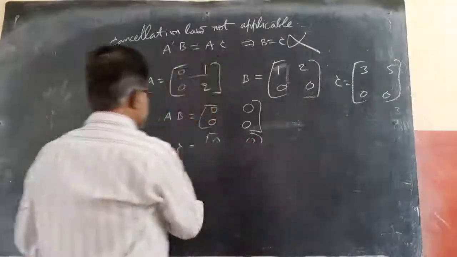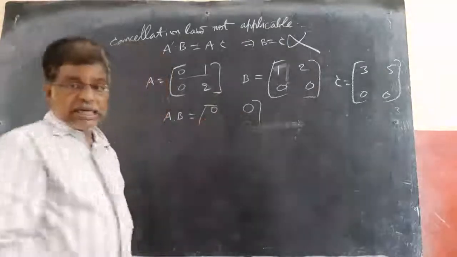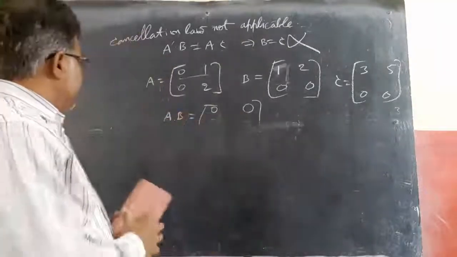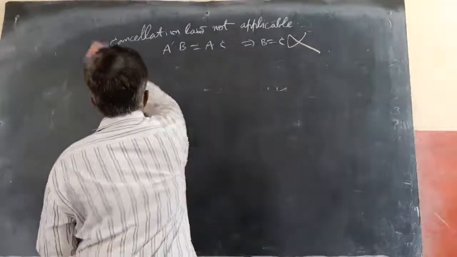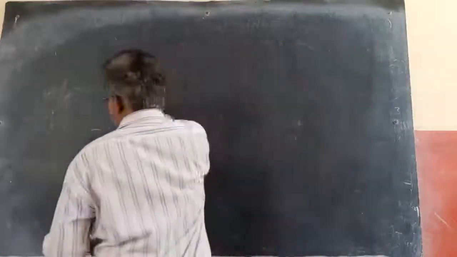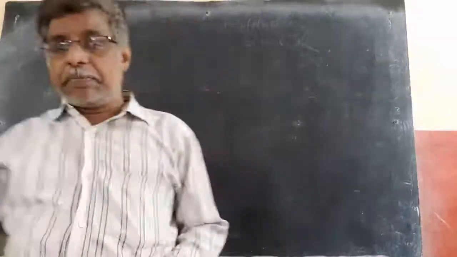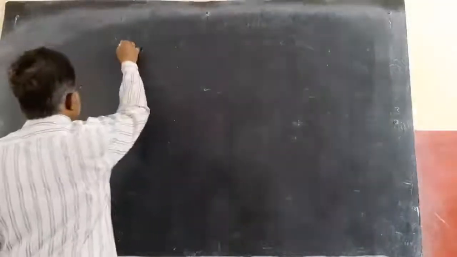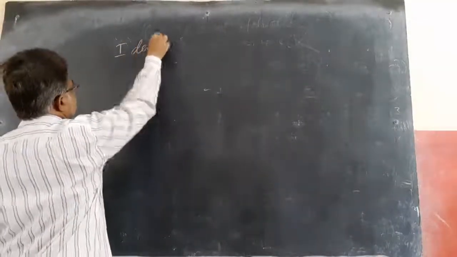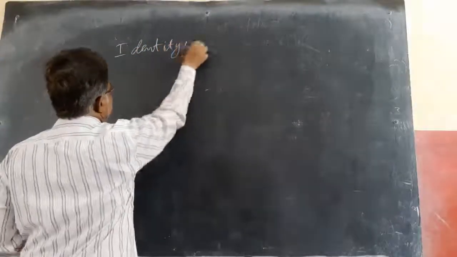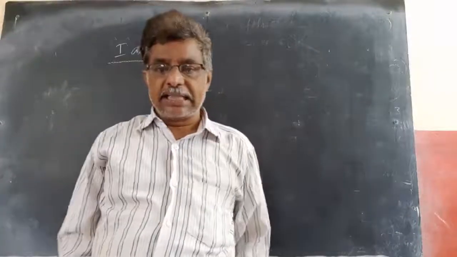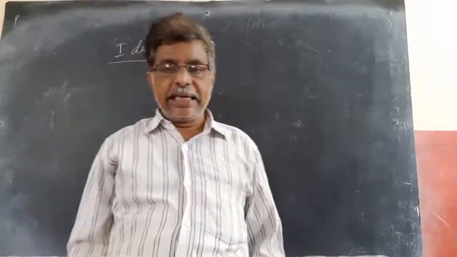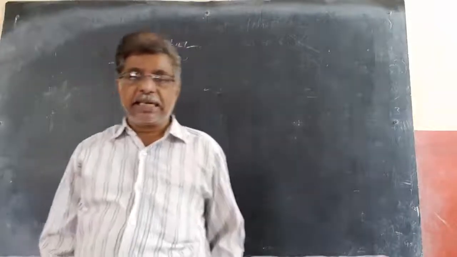Next property we discussed today in addition: identity and inverse, right? Next property we discuss, identity. What is multiplicative identity? Additive identity I told it is 0 because A plus 0 equal to A you got. Same, multiplicative identity is I. Unit matrix is called the multiplicative identity. We discussed already what is a unit matrix, identity matrix.